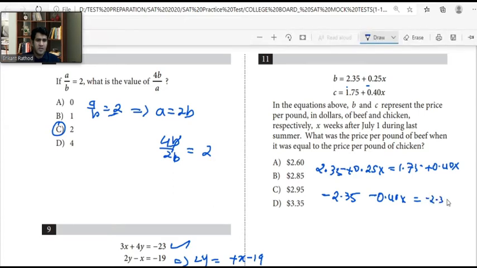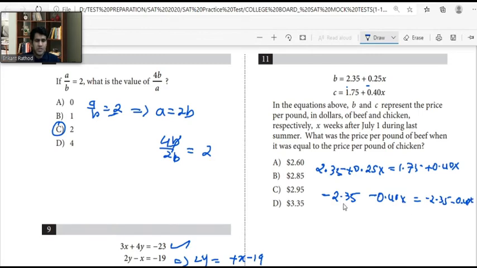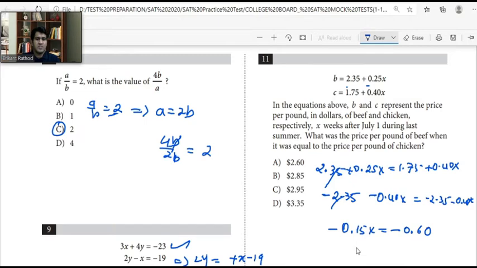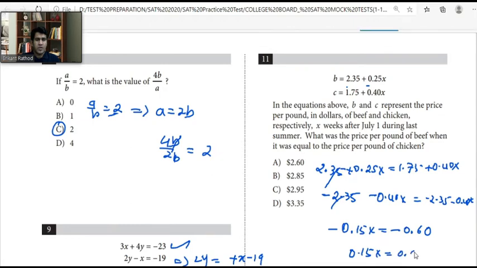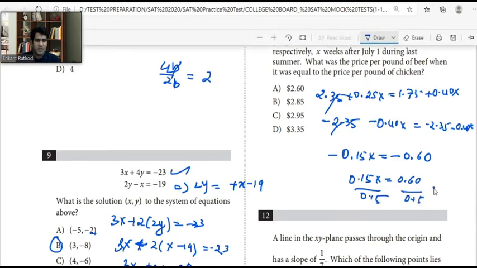So minus 2.35 and minus 0.40x. Right, so what happens here? This gets cancelled out, and it becomes 0.25x minus 0.40x, which gives you minus 0.15x, equal to 1.75 minus 2.35, which gives you negative 0.60. As both sides are negative, we can say 0.15x is equal to 0.60. Solve for x. When we divide by 0.15, you'll get the value of x